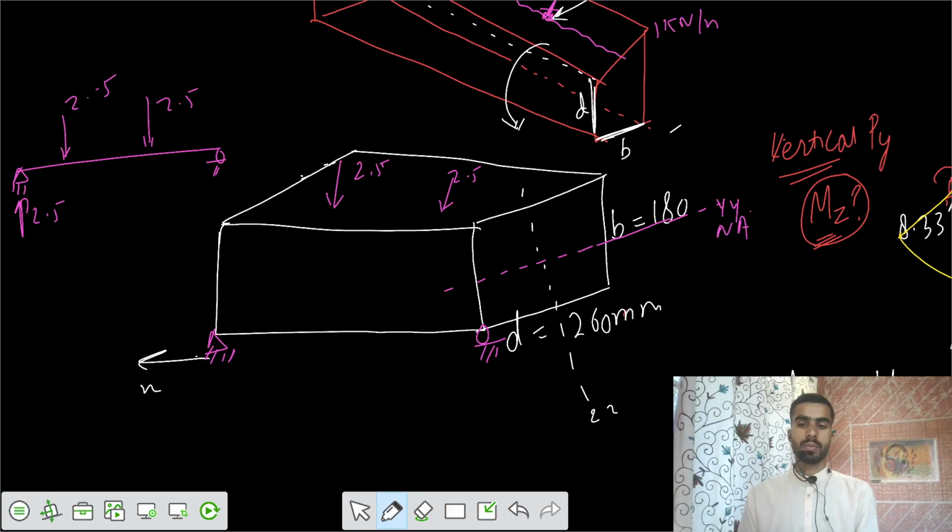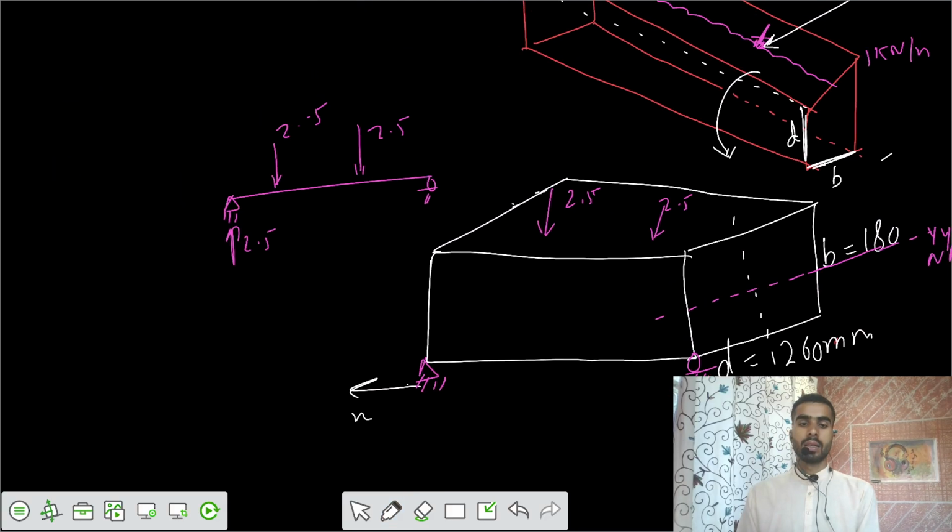Let's say this beam, and we can say maximum, because of the symmetry of the loading, the maximum bending moment would be somewhere at the midspan. Let's say there is some linear variation. There might be some kink also, but let's forget about that kink. Let's say that the bending moment maximum would be at the mid, M max, but that is in the y